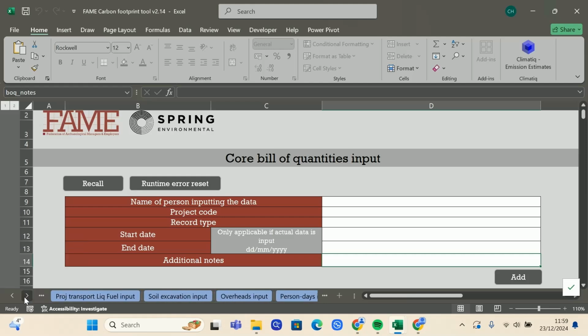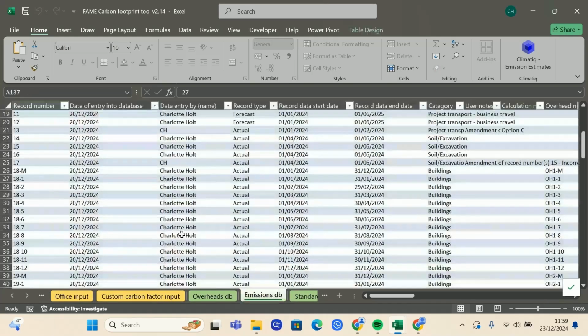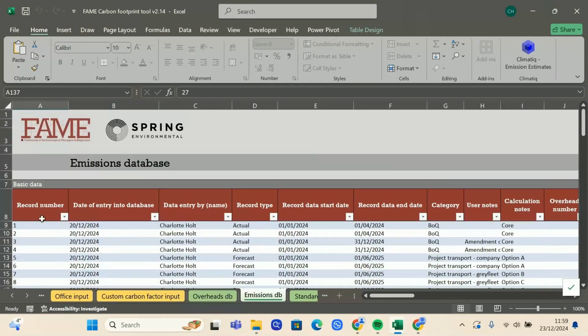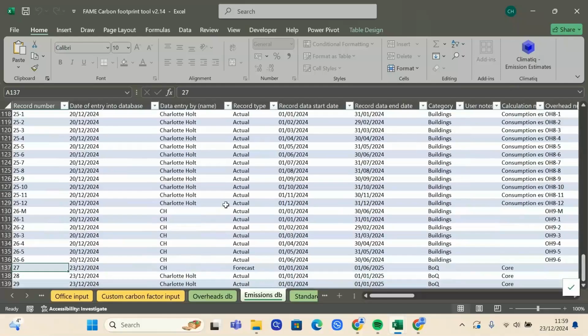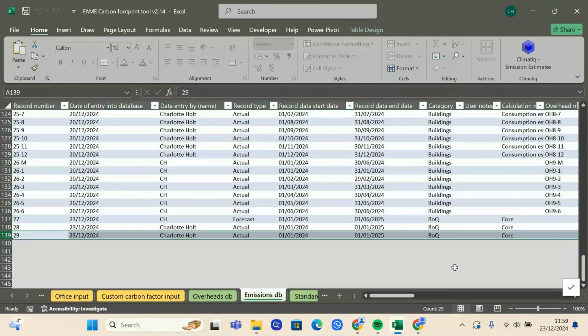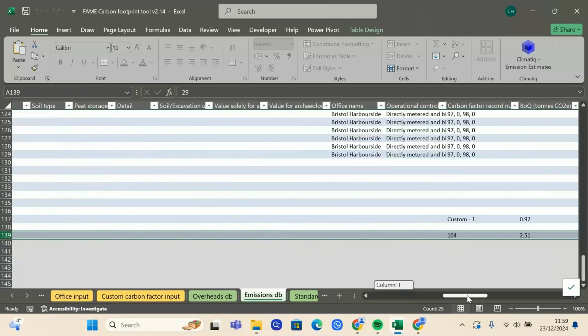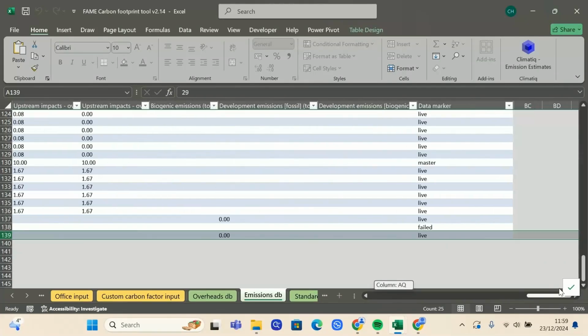Some might take longer than others, it depends how complex the calculation is, but once you've clicked add, you should be able to navigate to the emissions database, and if you go to the bottom, you should see the data that you've just input, and we can see Jan 24 to Jan 25,